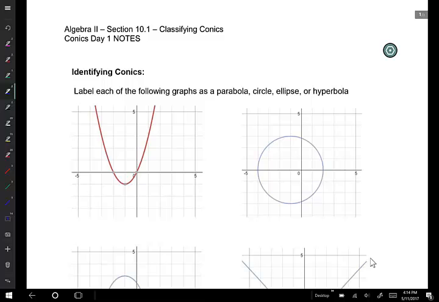Our goal today, as we look at section 10.1 of our conics unit, is going to be just to classify conics based on an equation. But first we need to understand what a conic is. If you imagine taking a cone-shaped object and slicing this cone-shaped object in different manners, you will see the shapes